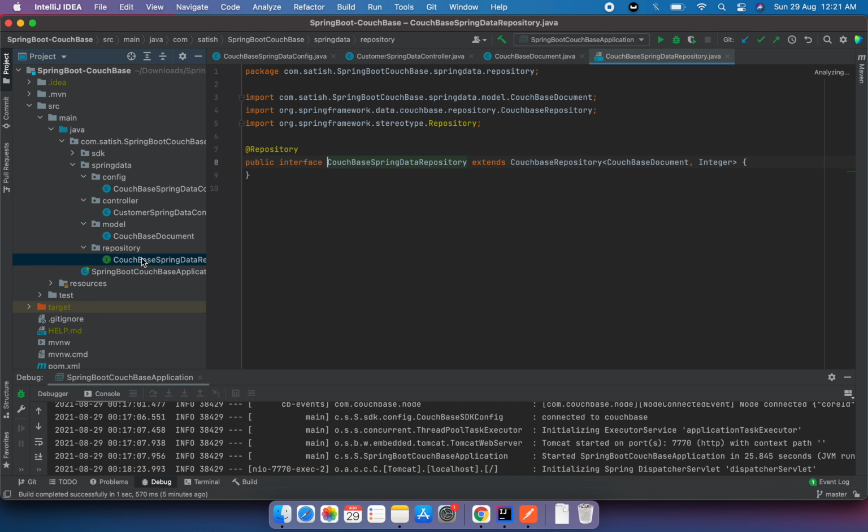And here in the repository, we also need to create a repository, and it gives a very good way to interact with the bucket. So in the previous example we wrote some code, like N1QL queries, to make a connection, get the data, insert the data, delete the data. All these things we can avoid using the Couchbase repository here. So this is a fancy way we can make use of this dependency and make some CRUD operations here. Yeah, with that I will quickly go and run the application.